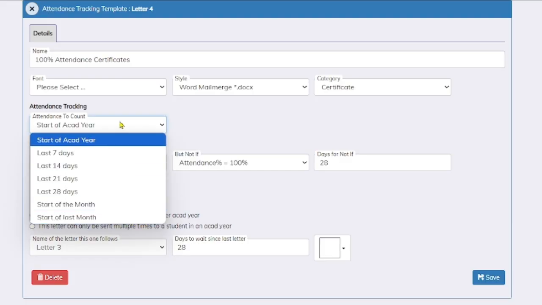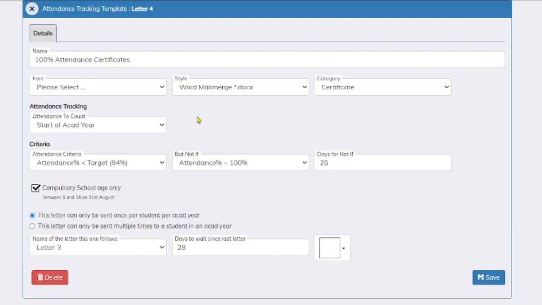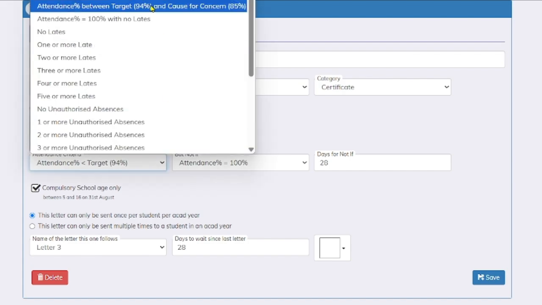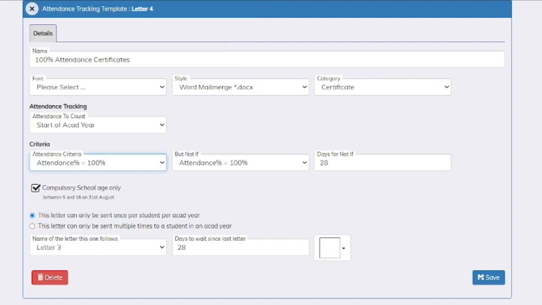Then when the certificate is generated, select the date from, then it will look for students that have 100% attendance for the last 28 days. There is no need to create a template for each month. The attendance criteria for this certificate will be attendance percentage equals 100%, as the